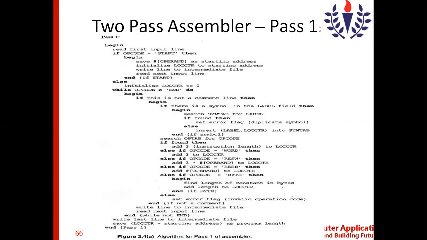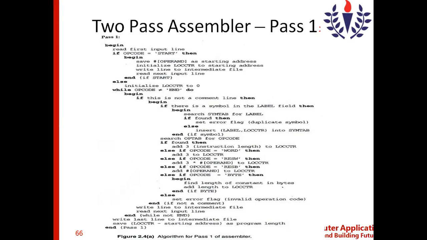Whenever an integer constant needs to be assigned to a symbol, we can use the assembler directive WORD. So if you find the assembler directive WORD in the opcode field, then add 3 to the location counter. Similar to the previous case, we do the same thing here also.